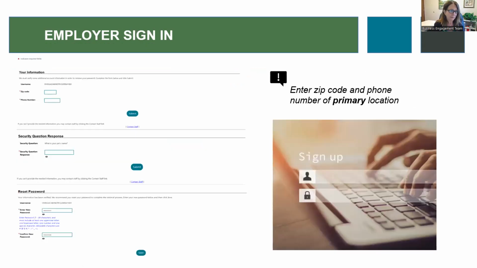So this gives you a little bit of an idea of what the screens will look like once you type in the username, and then you can go to retrieve your password is the next step, and it will ask you again to type in the zip code and the exact matching phone number. And then you will need to know also the security question and the security response, which we do have a default security question and response if it's your first time logging into the system. So you'll need to know those things as well.